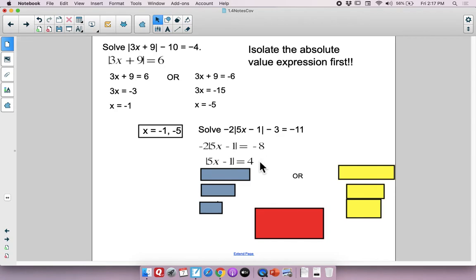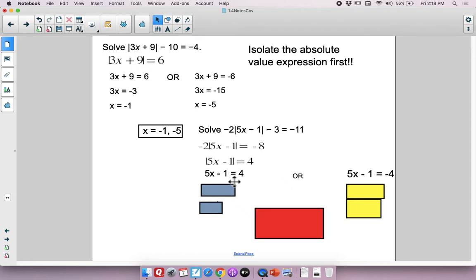4. Now we're finally isolated here, set equal to a positive number, not a negative, so we know we need to keep going. It's not just no solution. And what does that mean? Well, it means we want 5x minus 1 to equal 4, or we want 5x minus 1 to be equal to negative 4, because then again, when I take the absolute value, it would be equal to 4, and that would be a solution. It would make our equation true. Both sides would be balanced.